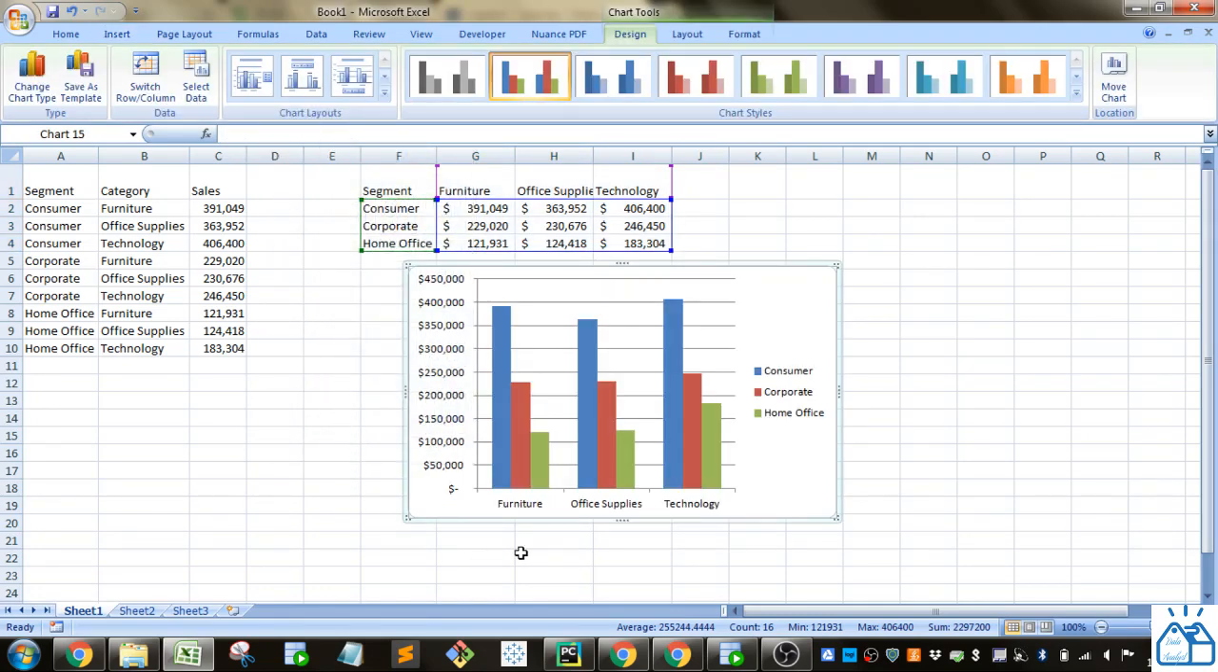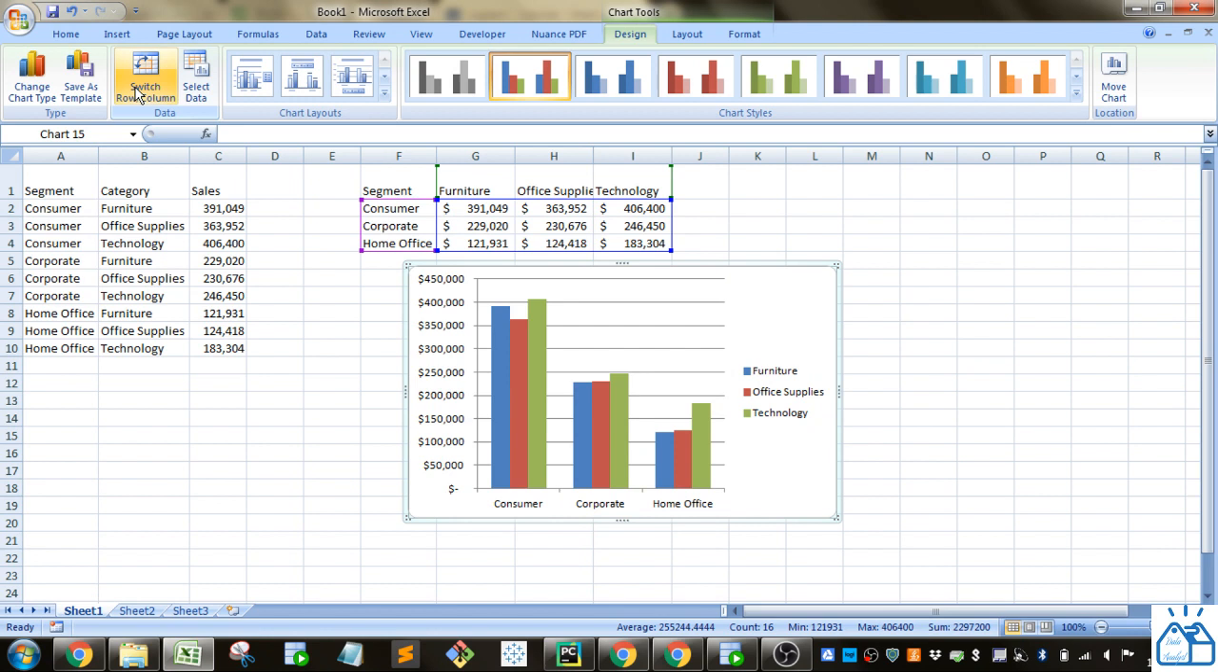So you can see it's going to put over the different segments, and then it's going to put the different segments in different colors over the different categories. And if you want it the other way around, you can just hit this switch row column, and it'll change what's on the x-axis here and what's showing in the different colors. Alright, so we've got that. And you can also change the different styles here,